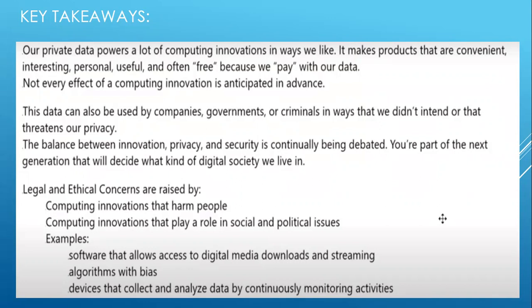You are part of the next generation that will decide what kind of digital society we live in. Legal and ethical concerns are raised by computing innovations that harm people, and computing innovations that play a role in social and political issues. For example, software that allows access to digital media downloads, streaming algorithms with bias, and devices that collect and analyze data by